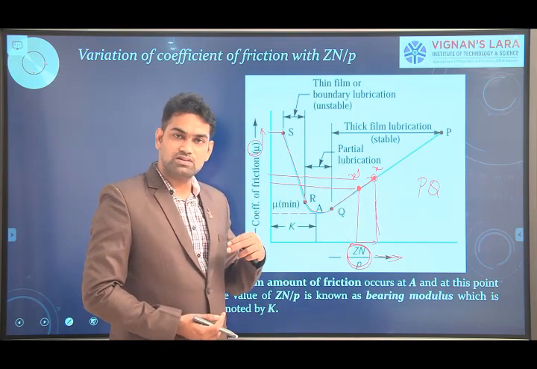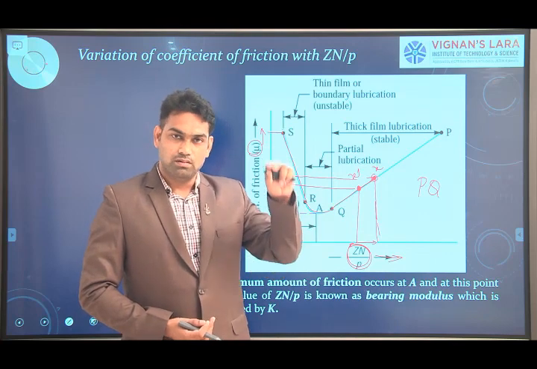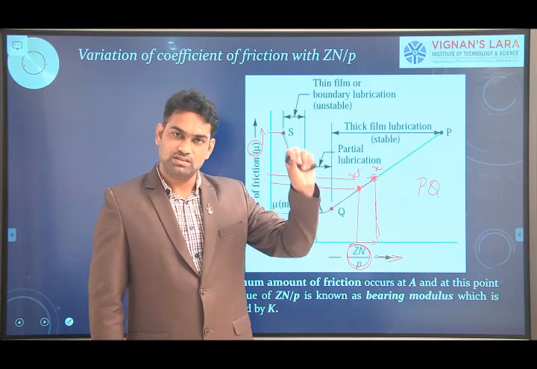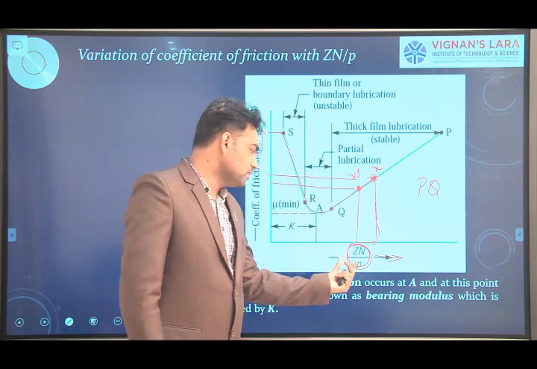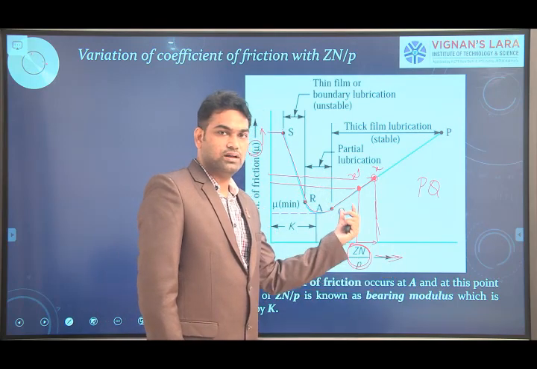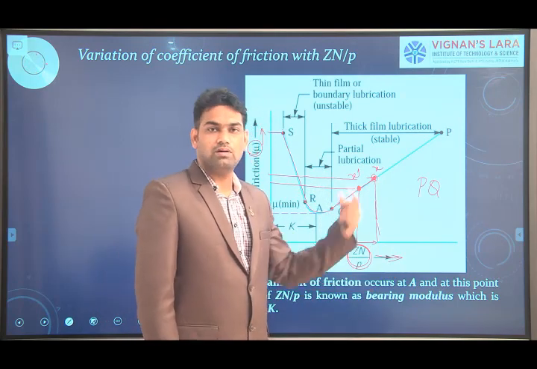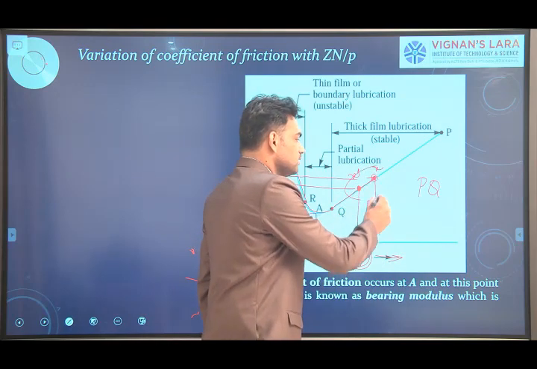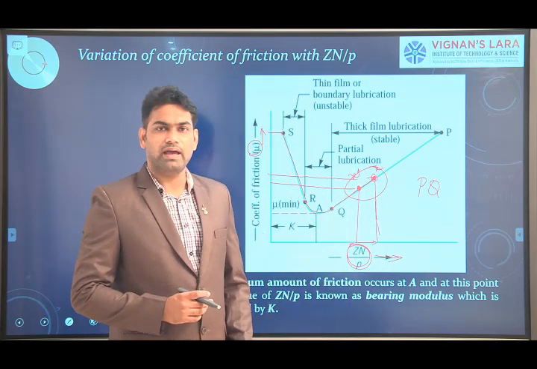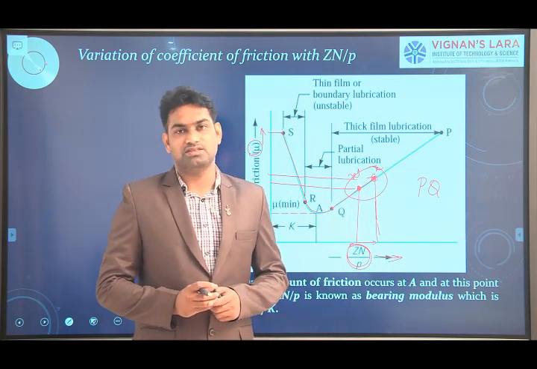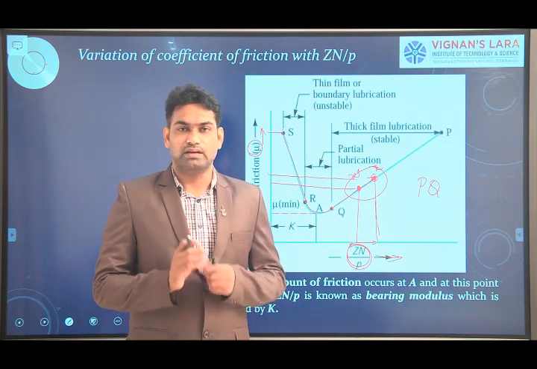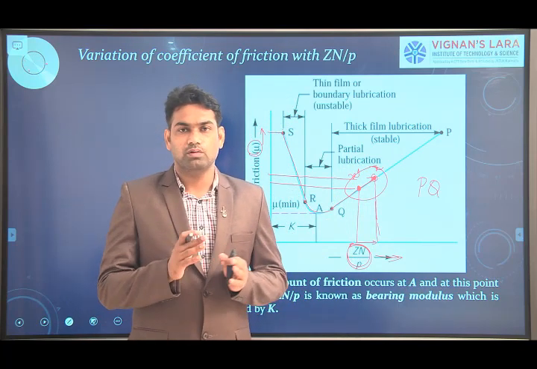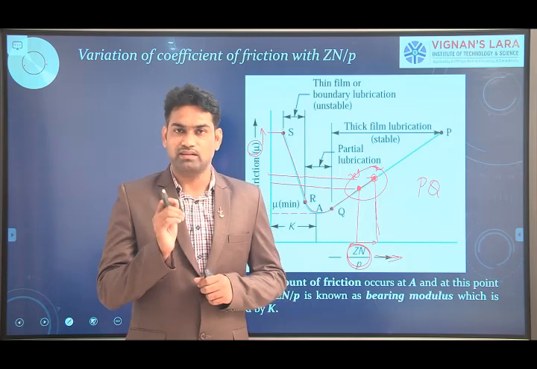So that results in a decrease in viscosity. With the decrease in viscosity, temperature is going to decrease. So again viscosity increases, so that the ZN by P value also increases, so that it can come from x dash to x. If you observe clearly, these bearings have a self-adjusting mechanism, so that they can operate between two operating points, not at a single point.